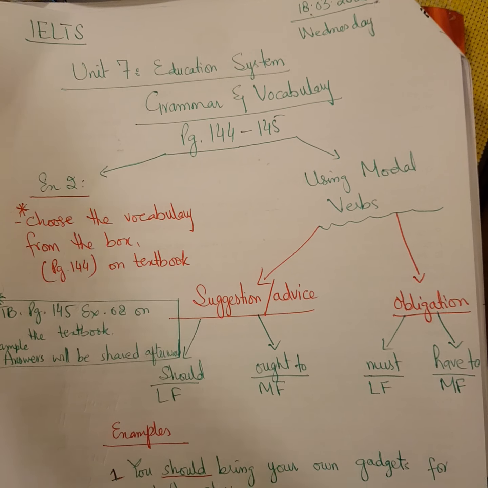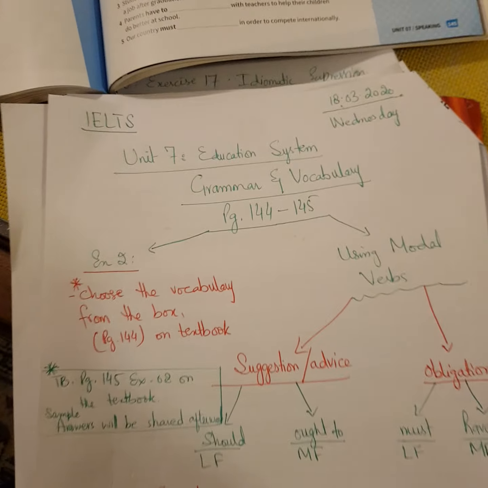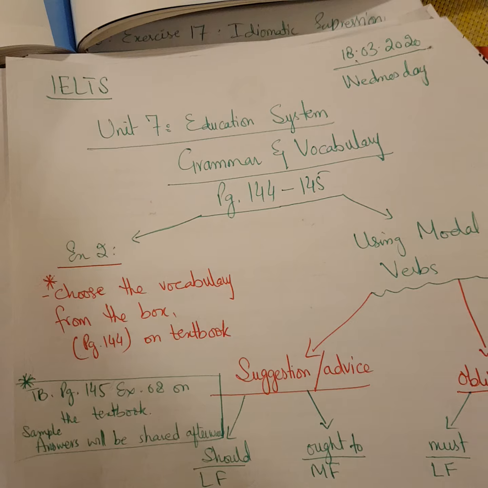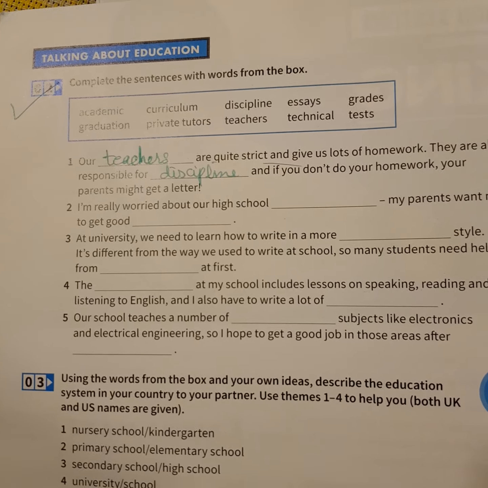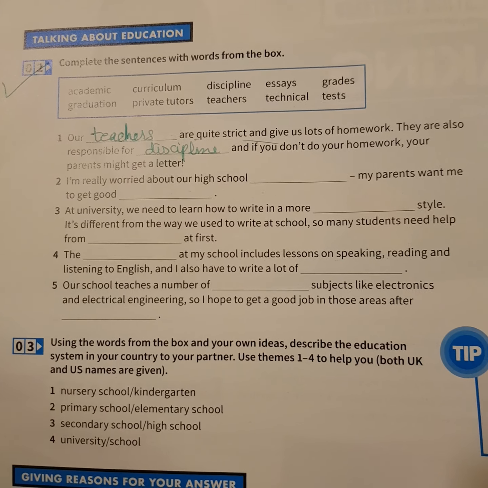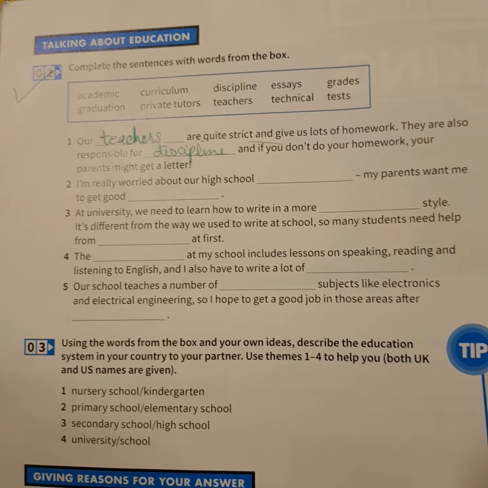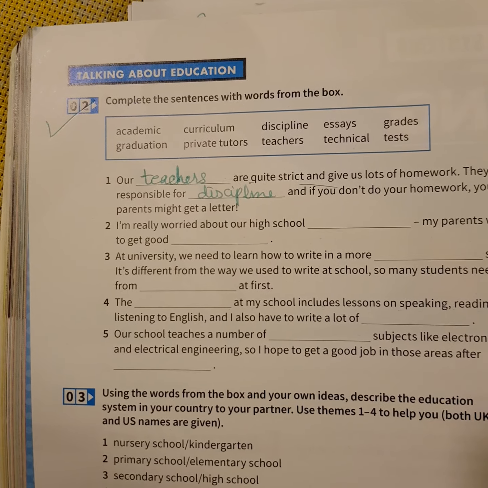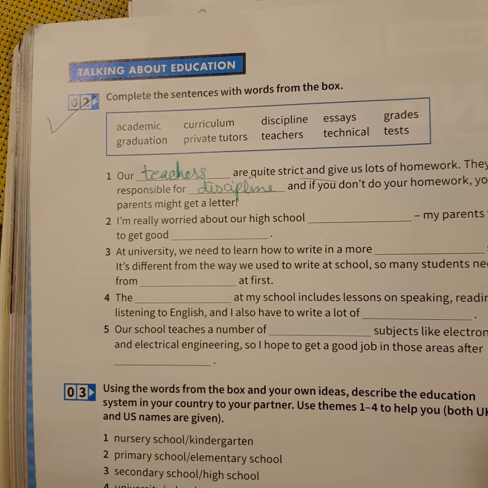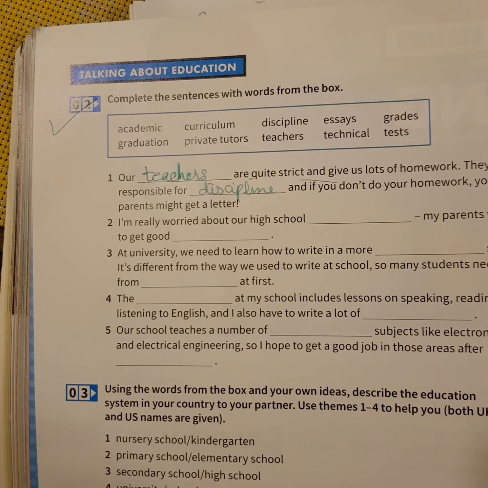Today we're going to study grammar and vocabulary exercises. For the vocabulary exercise, please open your book. That's page number 144, exercise 2, that says, complete the sentences with words from the box. They have given us certain words in the box that says academic, curriculum, discipline, essays, grades, graduation, private tutors, teachers,